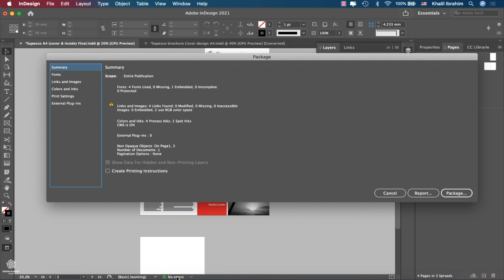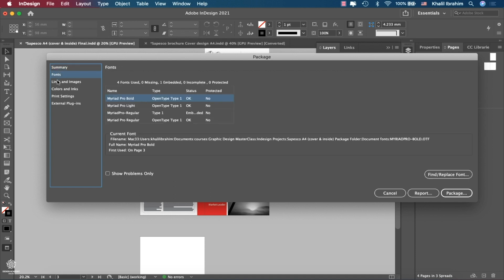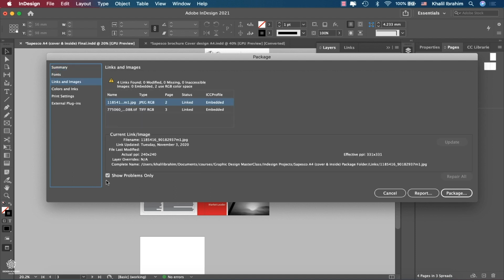As you can see in here, no errors, and also you don't have any missing links or spelling mistakes. And you can also review that summary in here, check your fonts, links and images. You can also check to show problems only if you do have anything in here. Currently we do have two colors using RGB color space, and simply you can change their color space to CMYK